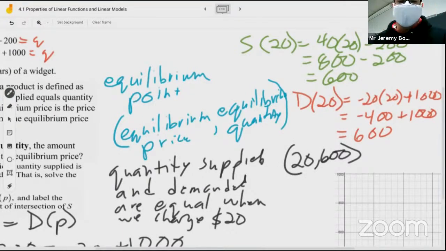Any questions on that so far? Nope. Okay. Well, if we want to graph it,